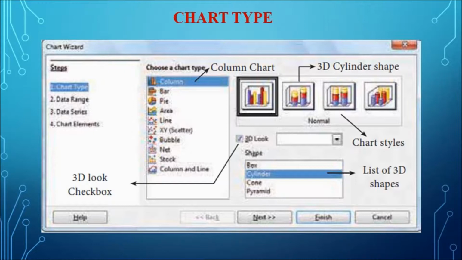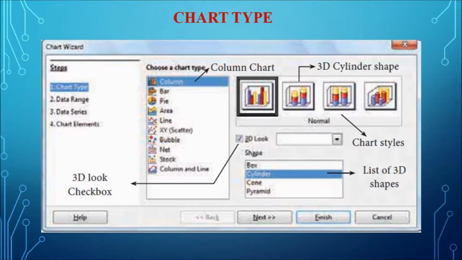First we are going to see what a chart wizard is. Chart wizard is used to insert the charts in OpenOffice Calc. The user can select the chart from the insert menu, selecting the chart command, or the user can select the chart icon from the standard toolbar.